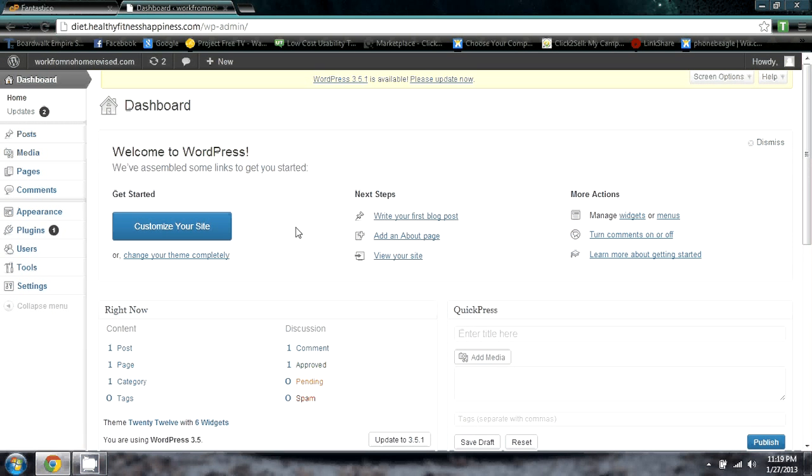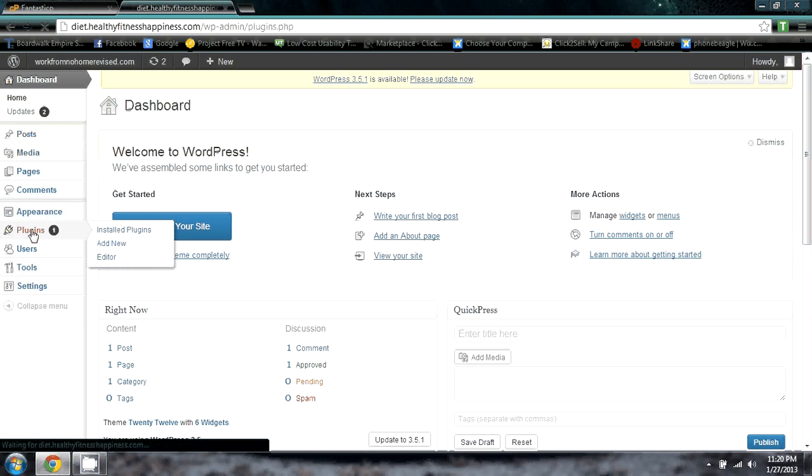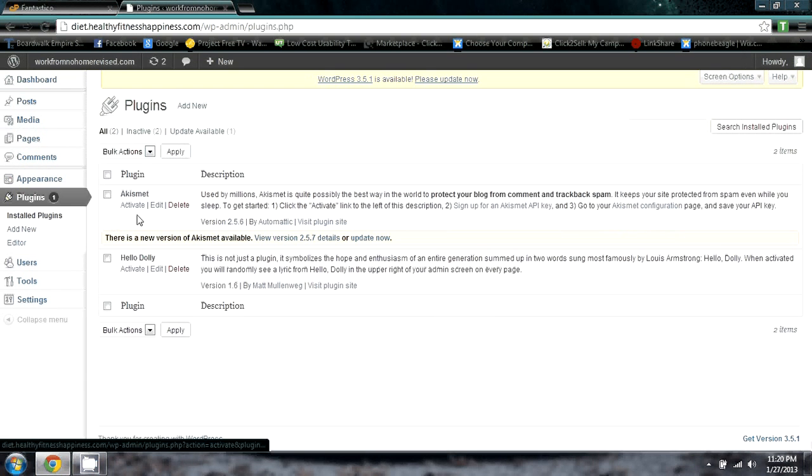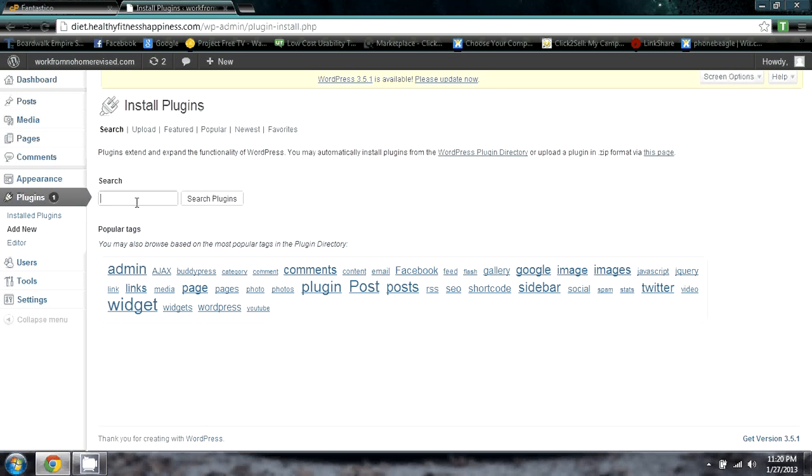This is the WordPress dashboard, and the first thing I'm going to do is go to my plugins, and these are your basics that are already installed. You want to install new. Okay, and I'm not sure if you've already got ClickBank installed, but